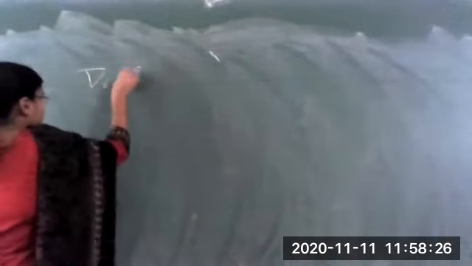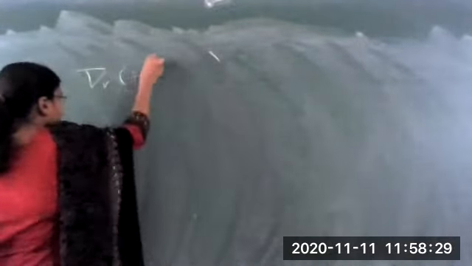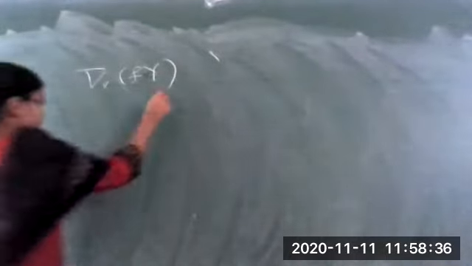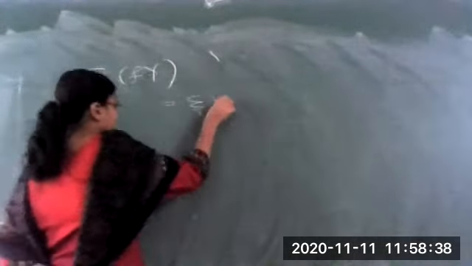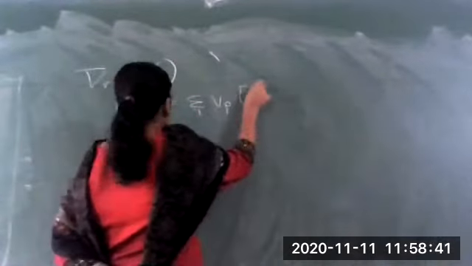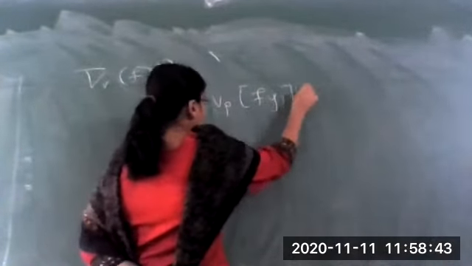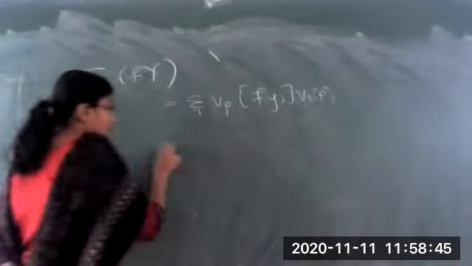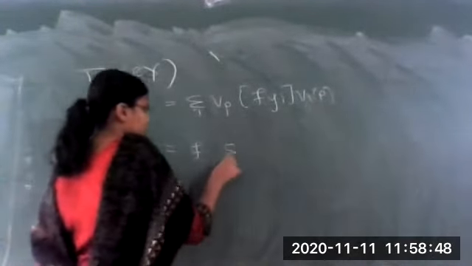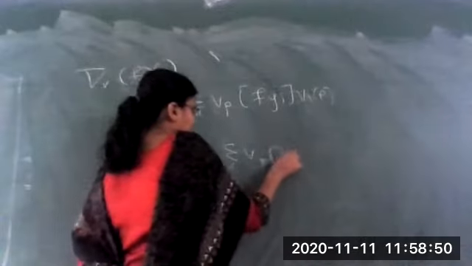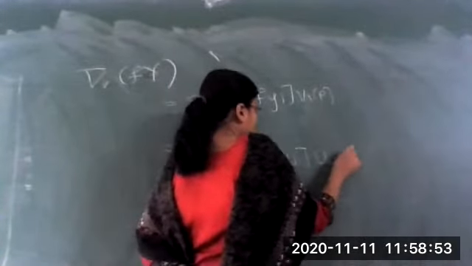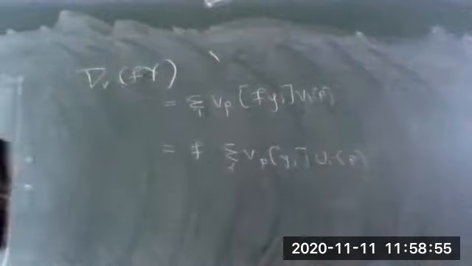So we have to prove the next, del V of f Y. So what is f? f is a real valued function. Y is a vector field. So this we can write again by the definition as summation over i of V_p, the tangent vector, applied to f y_i, u_i at a point P. So now f can be taken outside. So what I can write is summation over i V_p y_i u_i at a point P. Is this correct or not?